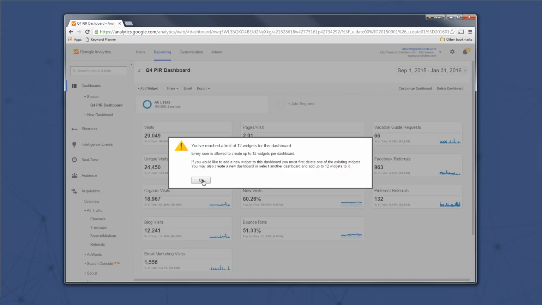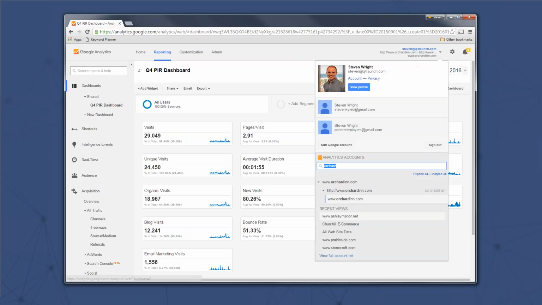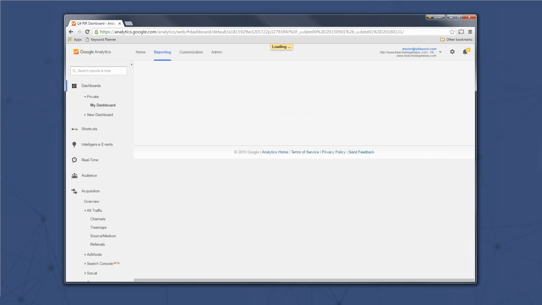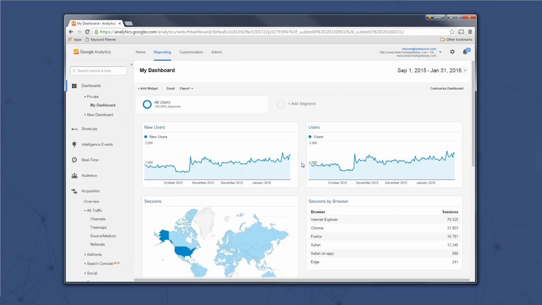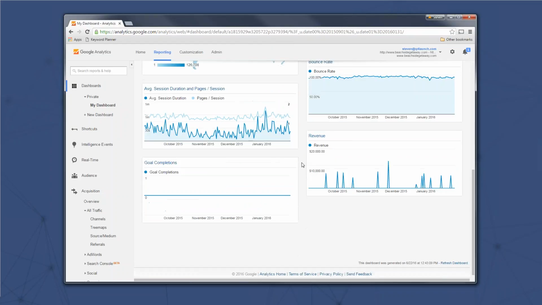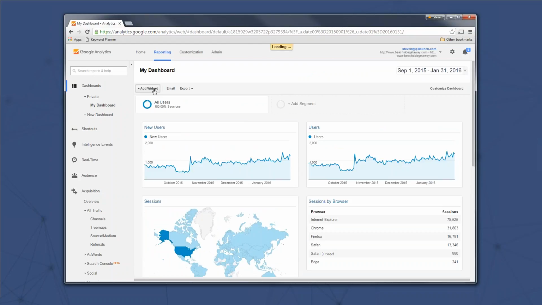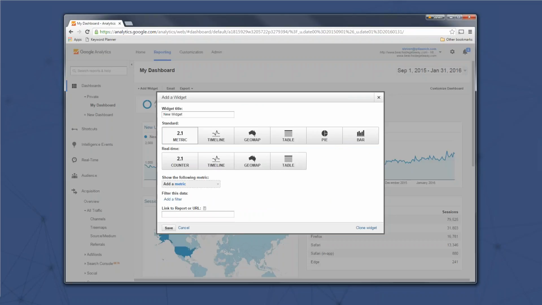I've already reached my limit with this customer, 12 widgets. Let me see if I can go to somebody else who hasn't reached the 12 widgets. Apparently there's a capacity here. All right, that one looks under 12. So you go to this add widget, and let's say I want to add a metric. I just go down here to add a metric. Let's say we want to look at,